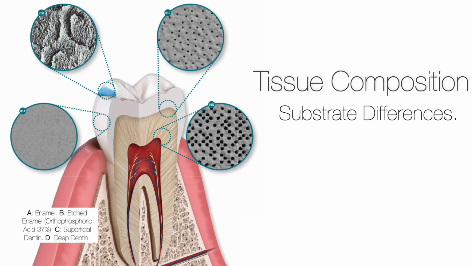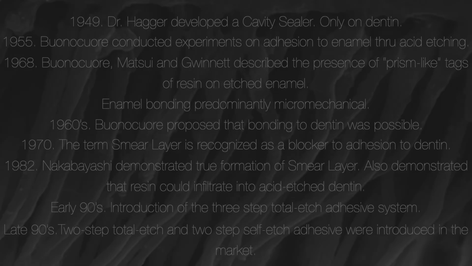And even on the same substrate, we can see differences. On the enamel, there's a specific structural change when it has undergone acid etching. And on dentin, we can see that the tubules get wider when they get nearer to the pulp. So both tissues are completely different from each other, and so they are going to work differently in the mouth.